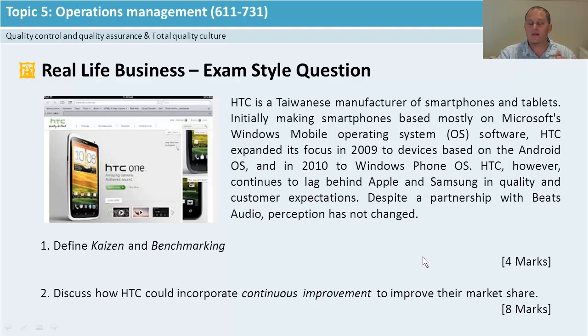What are some of the disadvantages? Well, there's going to be the time aspect. To get this going, continuous improvement in Kaizen and benchmarking takes time, and this might make them further lag behind Apple and Samsung because these are the market leaders and they haven't taken enough risks yet if they don't do this. Also, the cost of implementation and the cost of running it. For them to employ a massive system going through all their processes to bring about continuous improvement through Kaizen will take time and, more importantly, cost a lot of money. And this might be just a hassle, but it might be a necessary evil for HTC to get back their